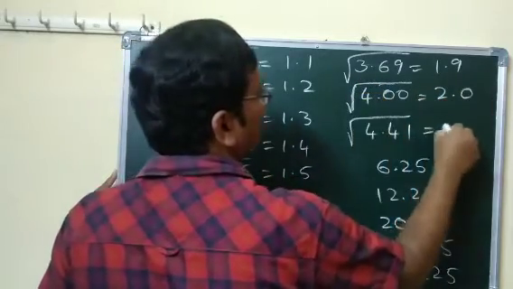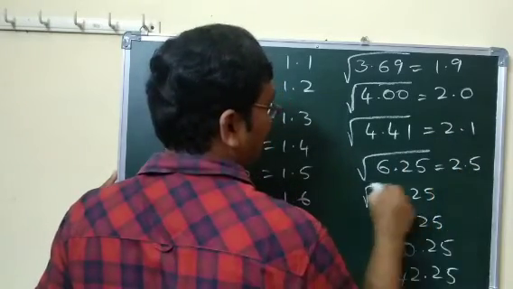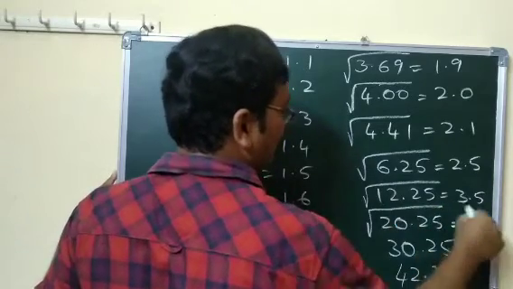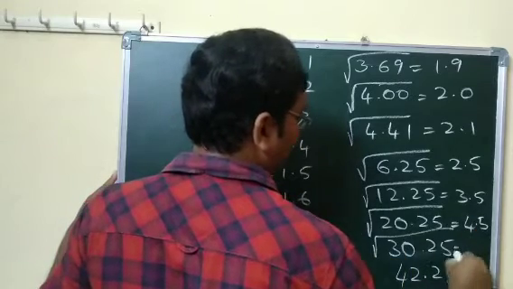So for this square 2.1, for this square 2.5, for this square 3.5, for this square root, that's 4.5, for this square root,